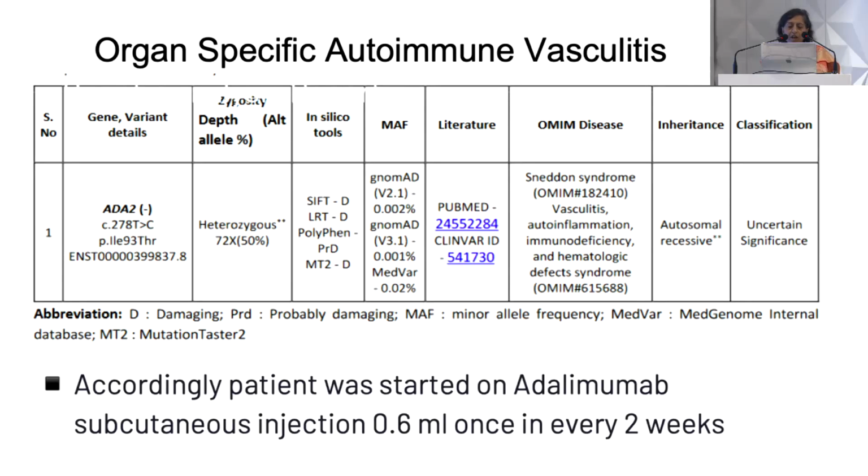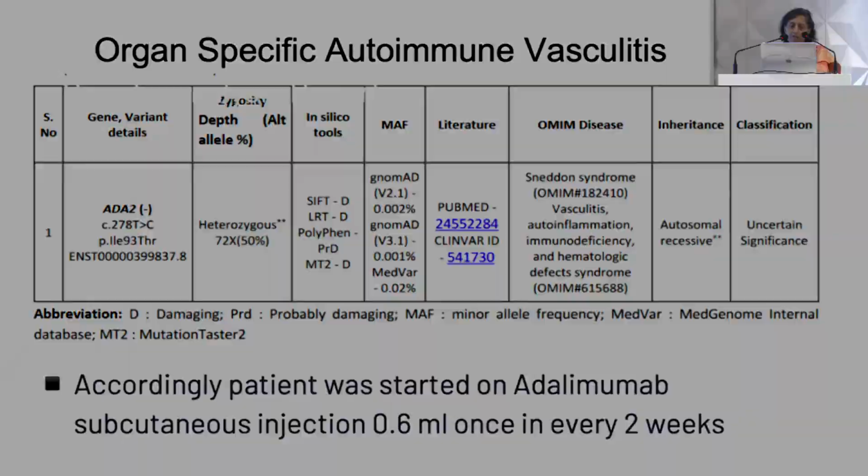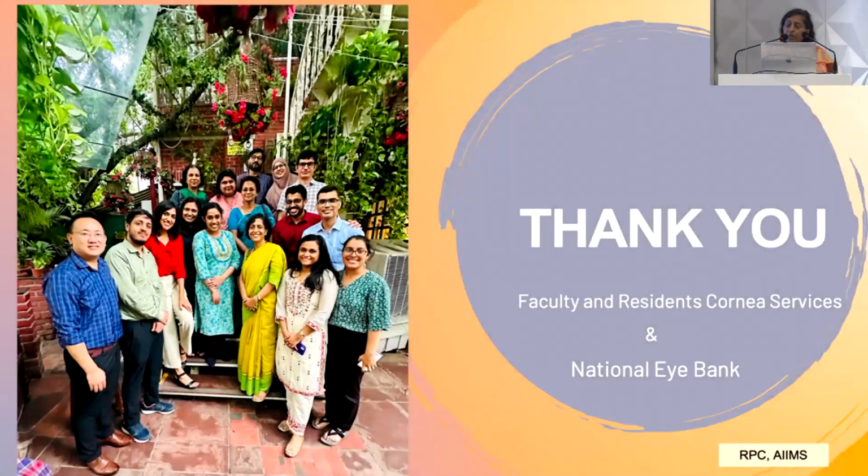And the patient was started on adalimumab subcutaneous injection, as she was getting severe complications with all the steroids, and now she is very stable, reaching a level of only requiring 2.5 milligrams of prednisolone per day. Her eyes are now very quiet, and the plan is then to go for symblepharon release and see what we can do later on. So with that, I'd like to show you that they're all rare cases, and sometimes you just don't know what to do.